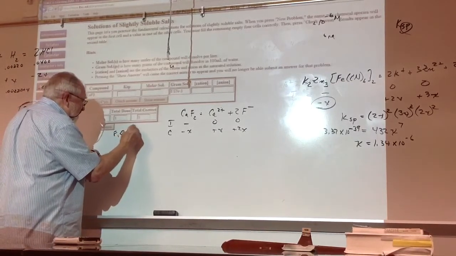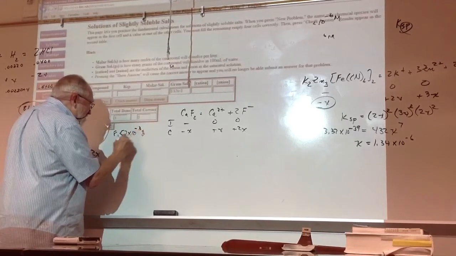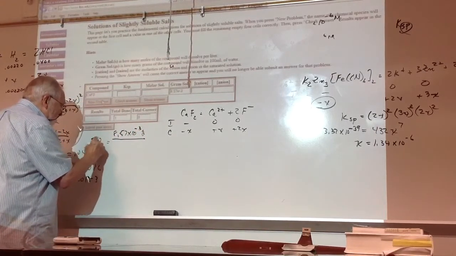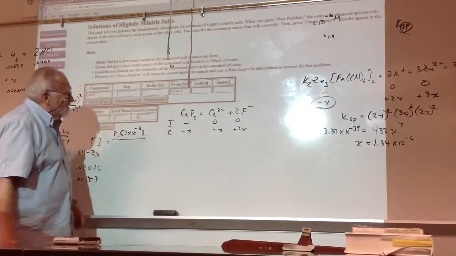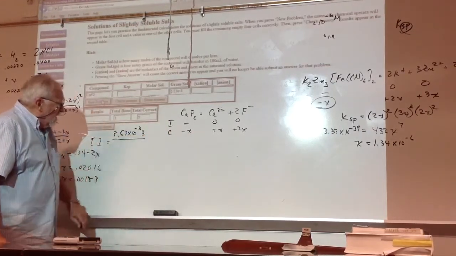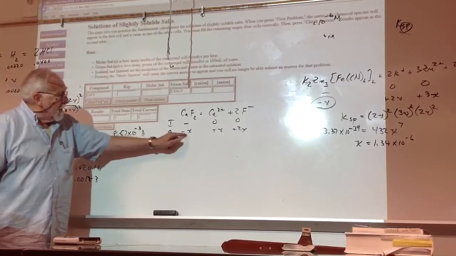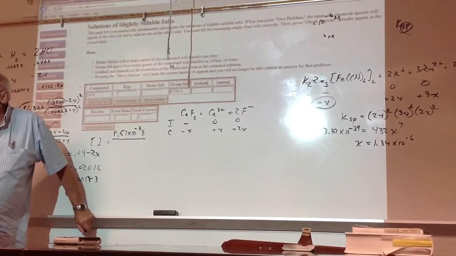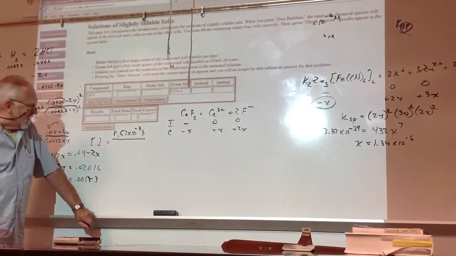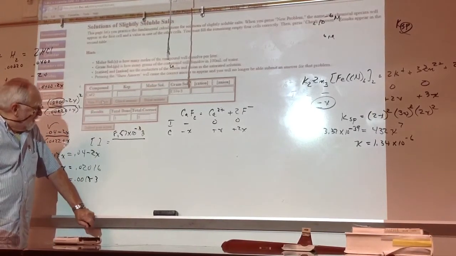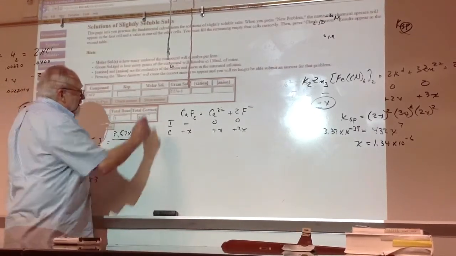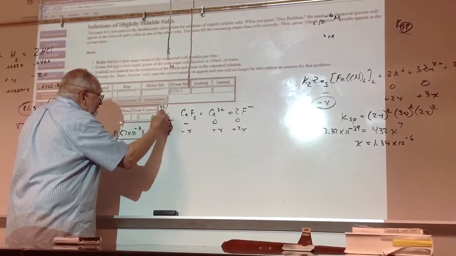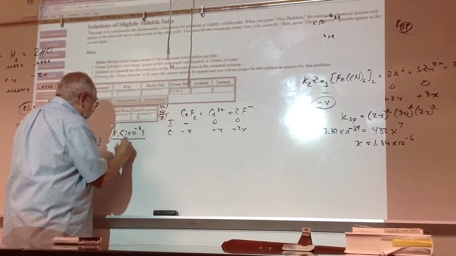7 times 10 to the minus 3 grams, and you want to convert that to molar concentration. It's going to be the molar concentration of CaF2, this number right here, that X. And by the way, a lot of books put an S here and X is over here. I don't know why they want to do that, but you can do that if you want to distinguish it or remind yourself it's solubility. And you look up there, calcium 40.1, 2 fluorines, 38, 78.1,